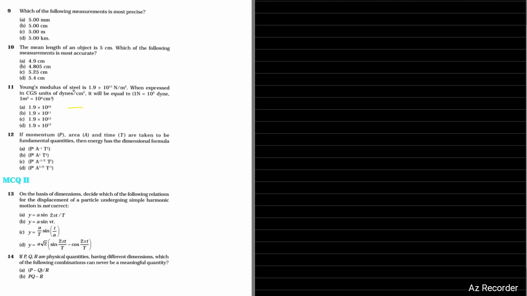Young's modulus of a steel is 1.9 into 10 raised to the power 11 Newton per meter square. So we will write it, firstly, what is given. Young's modulus of steel is 1.9 into 10 raised to the power 11 Newton per meter square. Moreover,